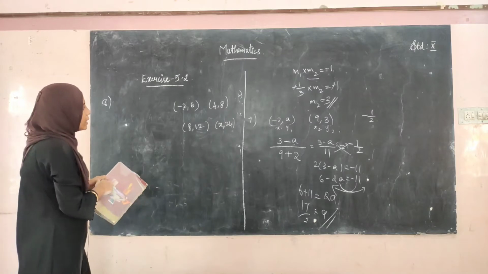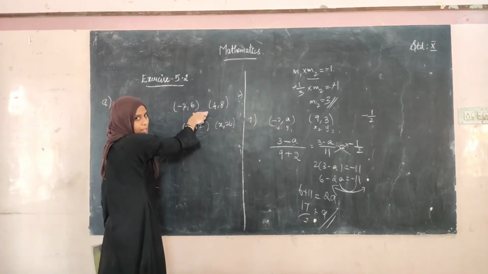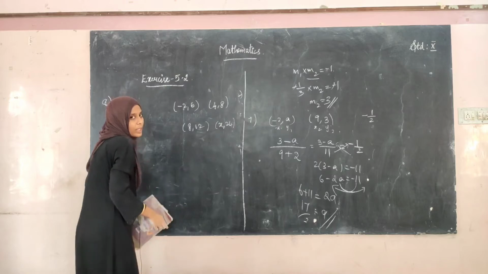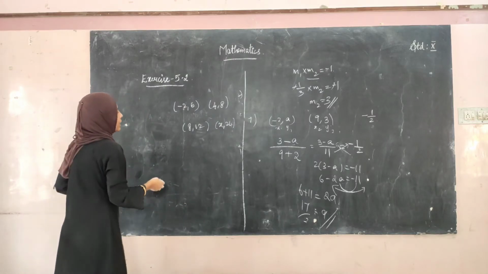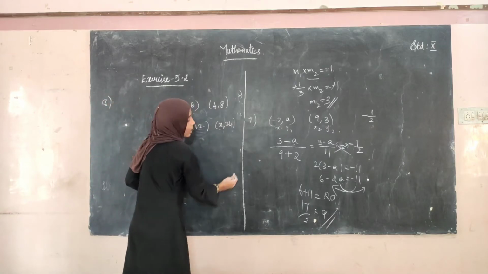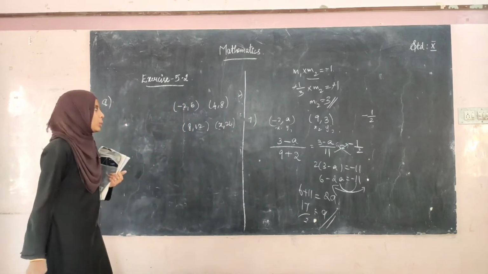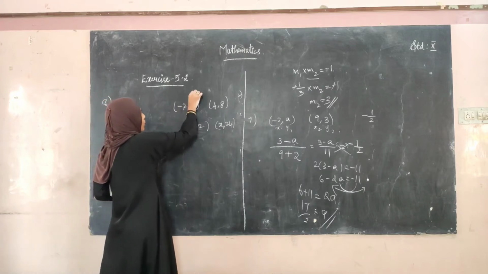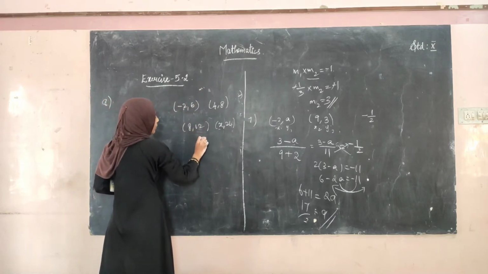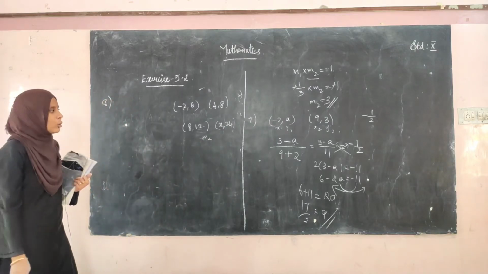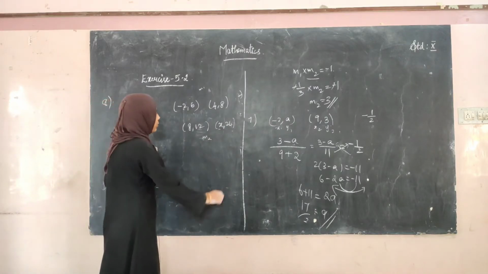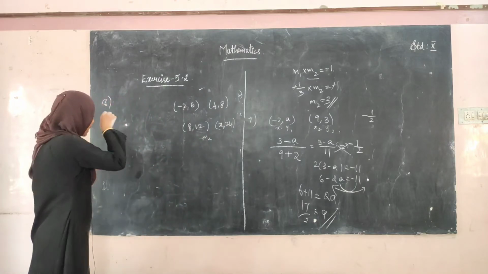Okay, what they have given: these 2 points are making a line and these 2 points are making a line. These 2 lines are perpendicular, so we have to find the value of x. So perpendicular means we know the condition m1 into m2 equal to minus 1. So let us take the slope of this line as m1 and slope of this line as m2. Then use the condition m1 into m2 equal to minus 1. Then you will be getting the value of x. Okay, shall we do it now?